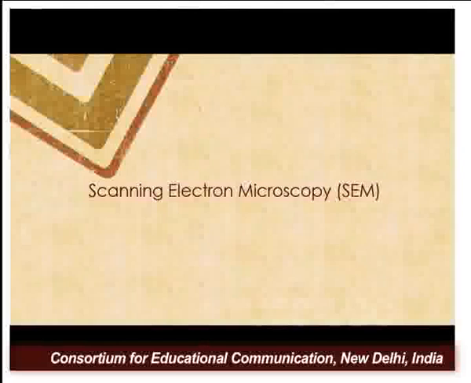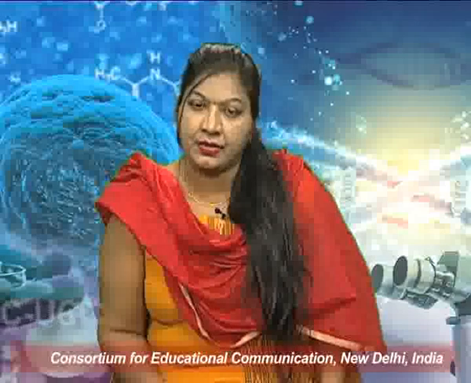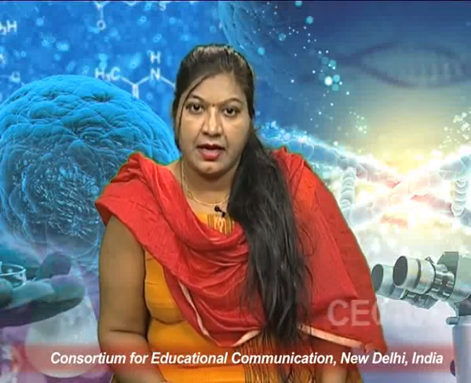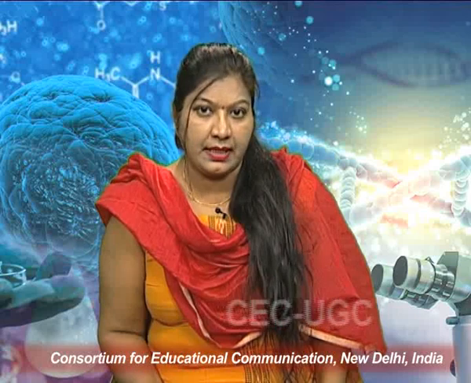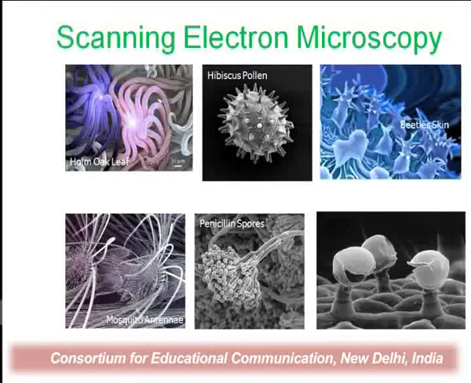Now see in this video that this is a scanning electron microscope, and how the scanning electron microscope works. Here we see that we get three types of output. One is the secondary electron, second is the backscattered electron, and third is the X-ray. If the electron passes from the inner shell, then we can get the Auger electron. These are the images that we can get from the detector.